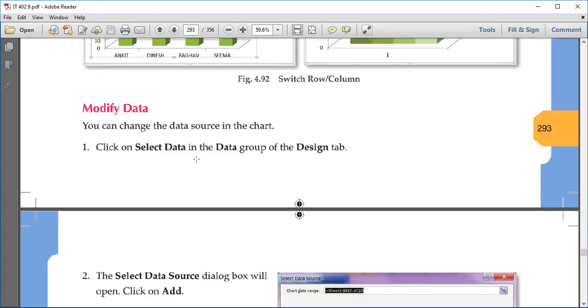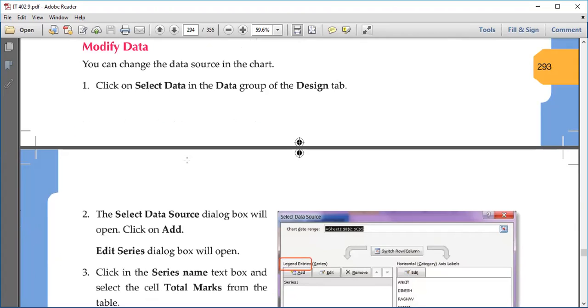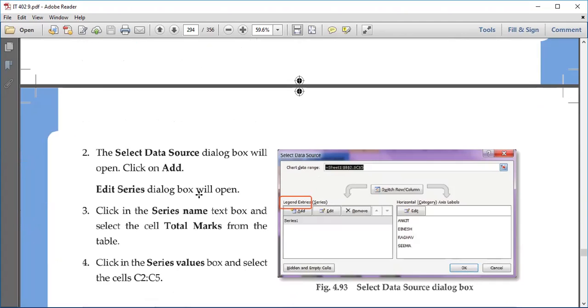Data source means where from, from where we are picking up the data, right, from where we are creating the chart using that data. So we can do it from this particular option, select data source. You can see at the top, you'll find the sheet number in which that data lies and the cell range is also given, from where we are taking values. And one way is you just select this, go to that sheet, select the new area, the new number of cells that you want to use, and then automatically your range will change here. Fine.